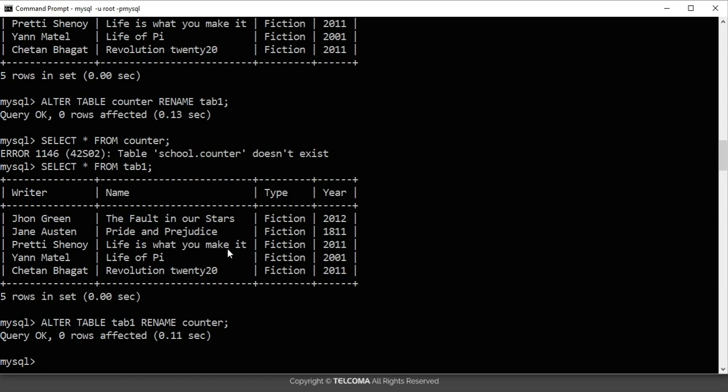The next command we are going to use is for changing the data type of a column. Like we have used the data type, that is varchar and char. So to change that we can use this command. For that we have to write alter table counter,